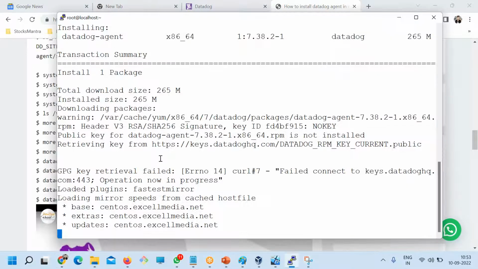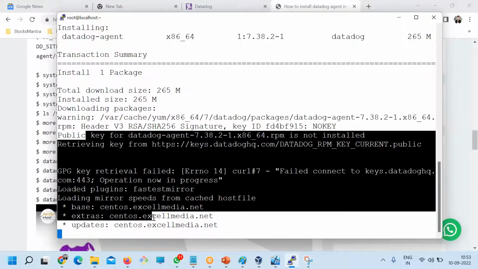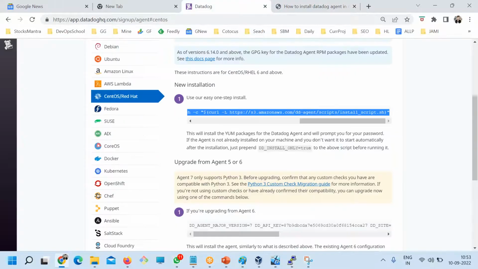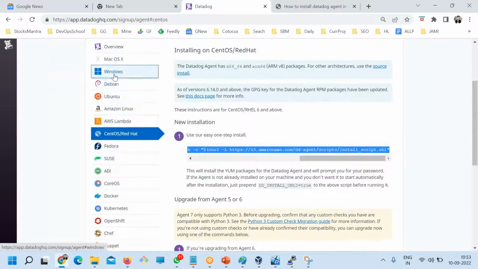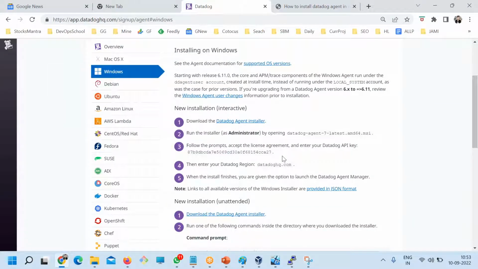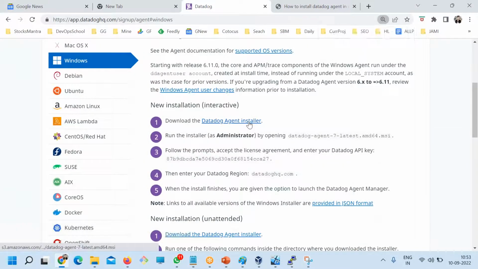So let me check, almost done. Okay, so this is the Linux agent installation. For Windows, what you will do, you click on Windows, where is that? Somewhere here. The steps are very simple actually. If you read this, there is one MSI file you will get like this.